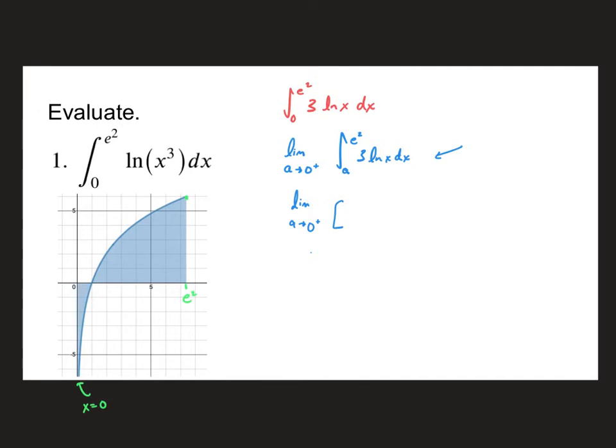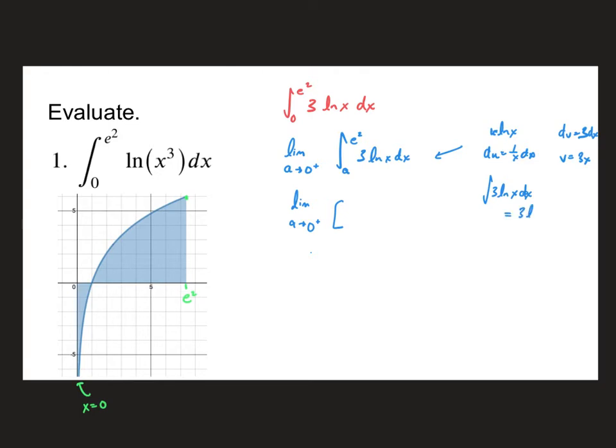So I'll let u equal the natural log of x. du is 1 over x dx. dv equals 3 dx, so v is equal to 3x. Then when I redo that, the integral of 3 natural log of x dx